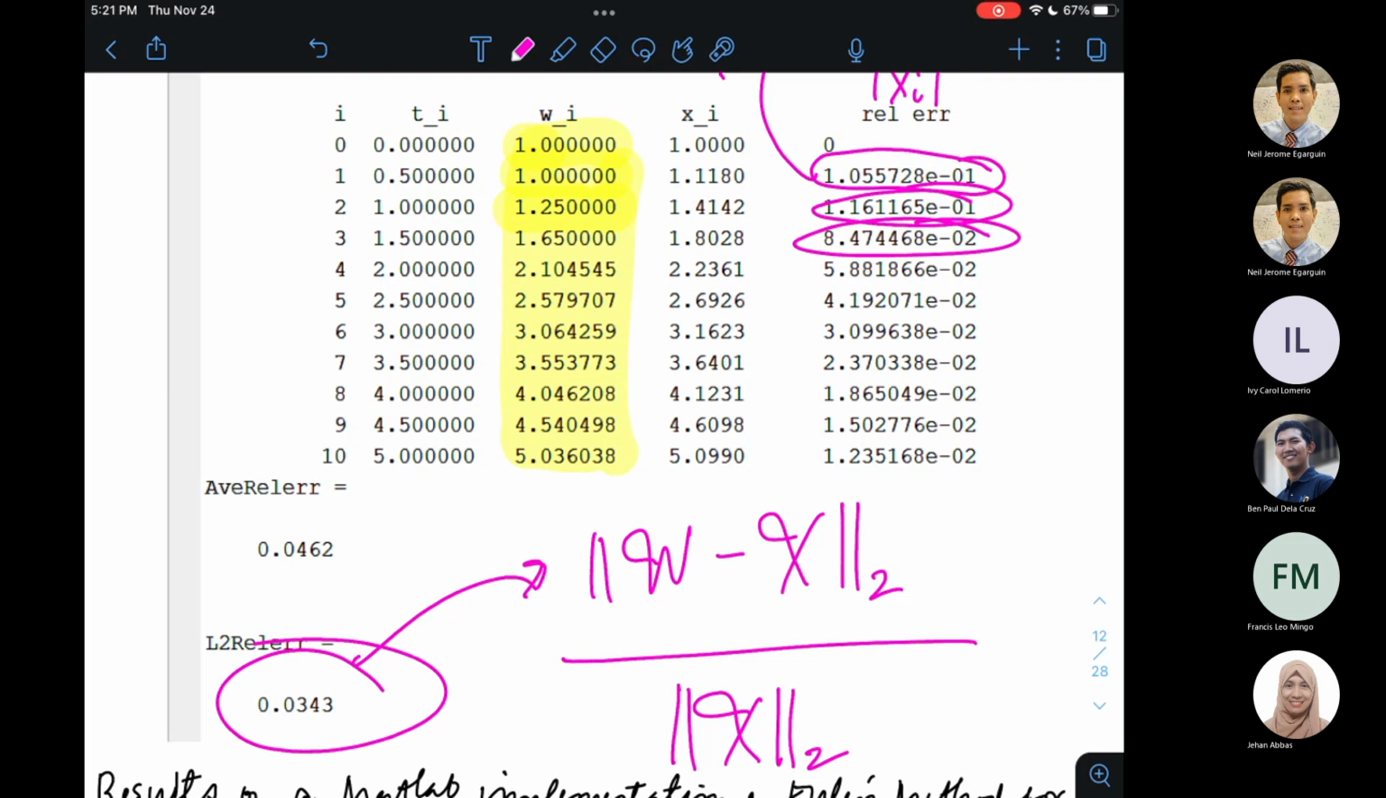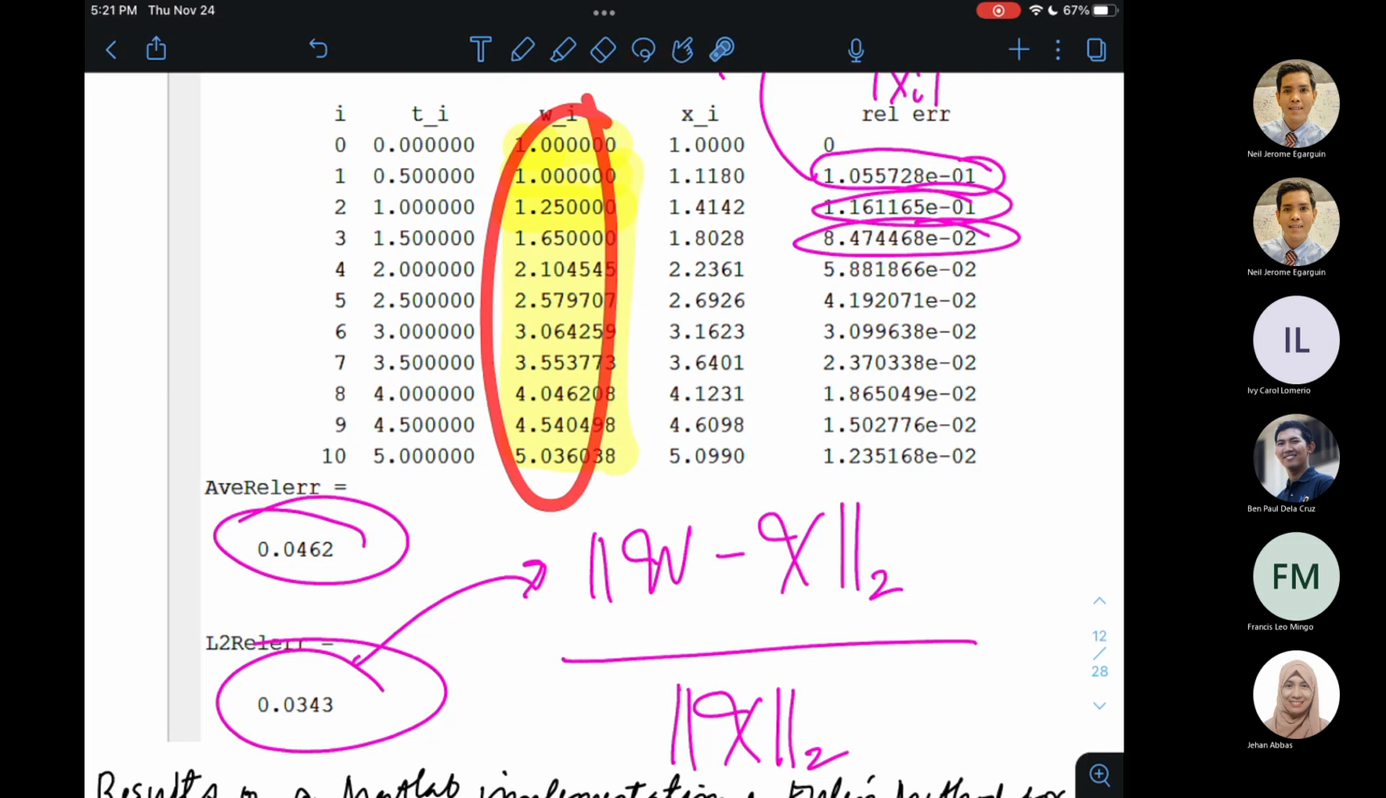So ibig sabihin, in a global scale, yung error niya is about 3.43% with respect to the L2 norm. Okay, I think that's a more mathematical measure of error compared to the average relative error. Okay? Though equivalent lang naman sila kasi finite dimensional lang naman to. Sa finite dimensions, equivalent lang naman lahat ng norms. Okay? All right. And then this table, actually, kaya siguro hindi na-appreciate ng mga estudyante itong solutions na to kasi